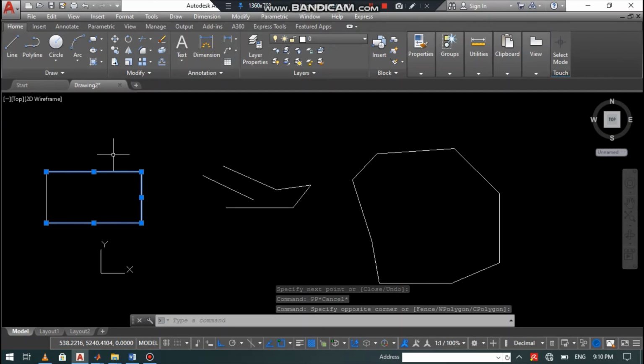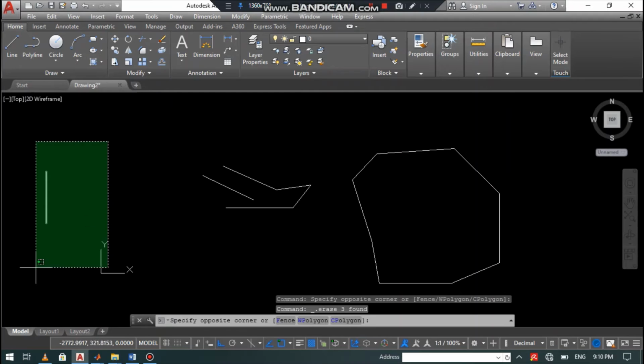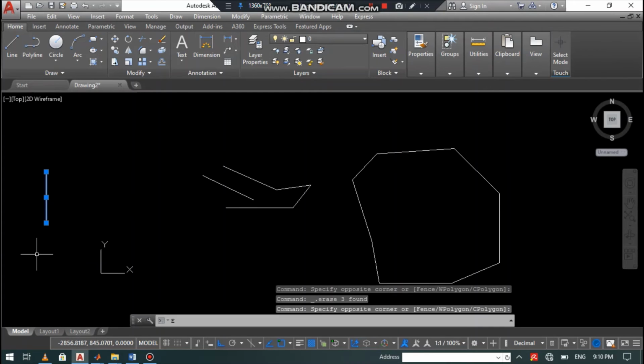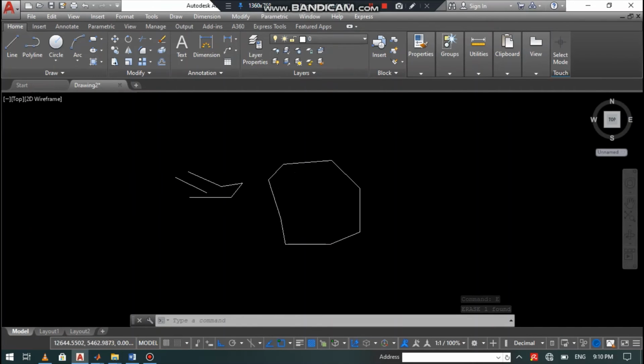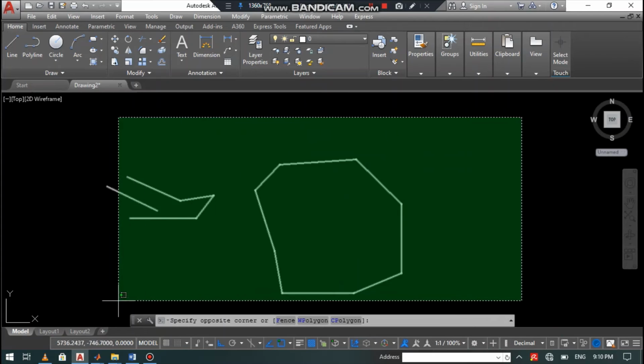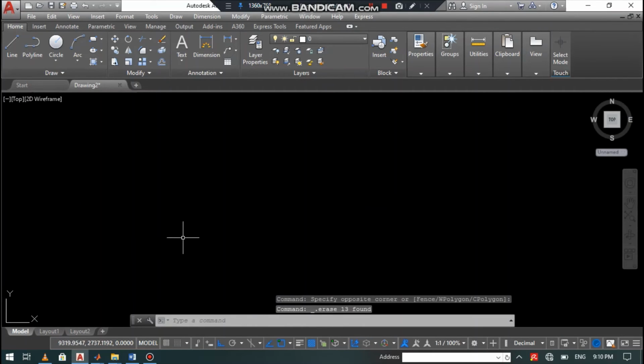Now you can press the delete button on your keyboard, or you can use E as a command for deleting or erasing any object. You can select, press delete. So this is how to delete an object which we have drawn here in AutoCAD.